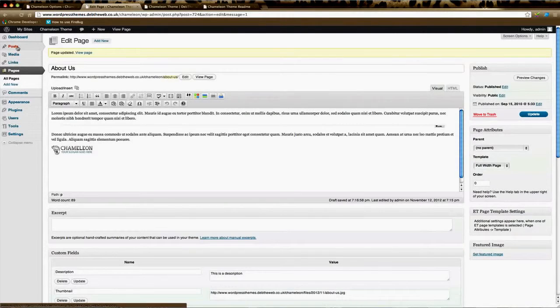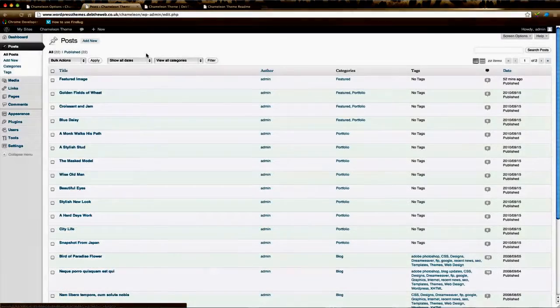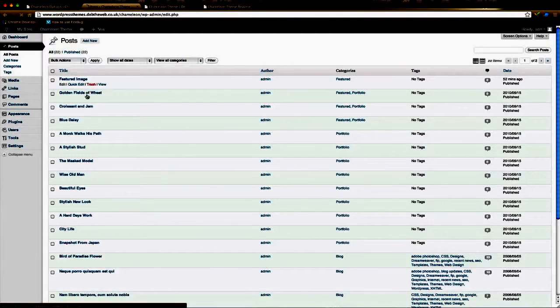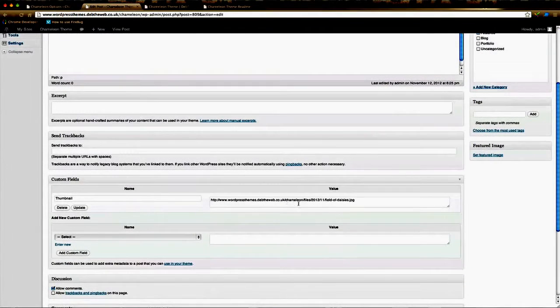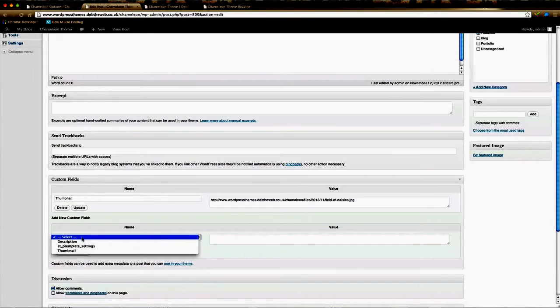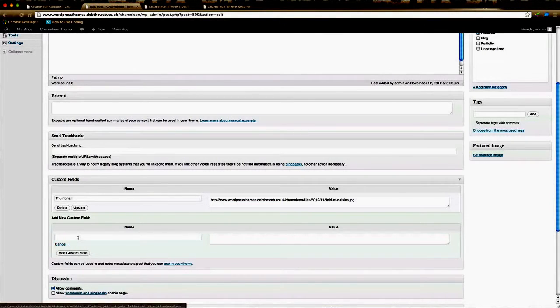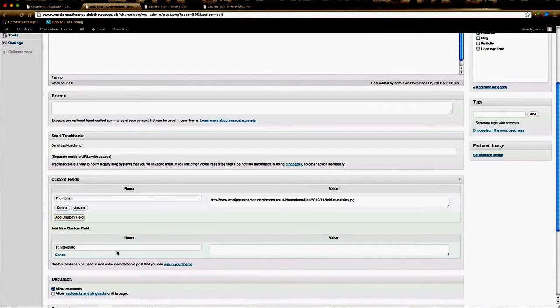Now if you'd like a video to show on your media bar, we just go to the post, and down in the custom field section you'll already have an image there, but you can choose to select a video. Now if the ET setting for videos is not listed here, all you need to do is click Enter New and then paste in ET_video link and then click on Add Custom Field,